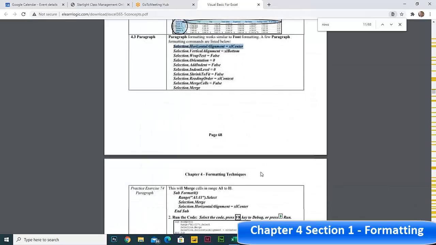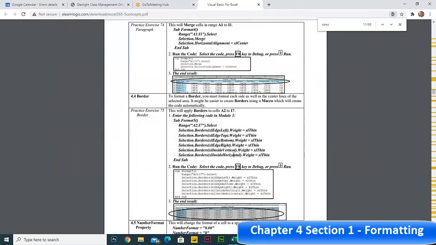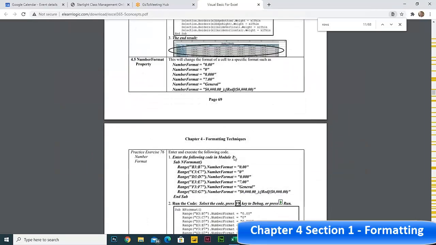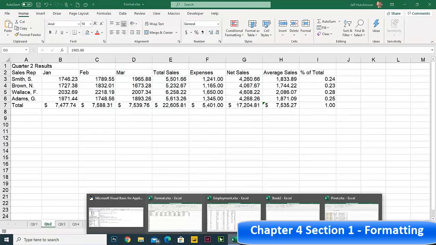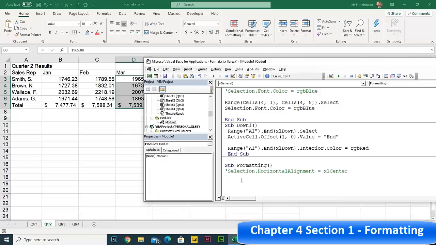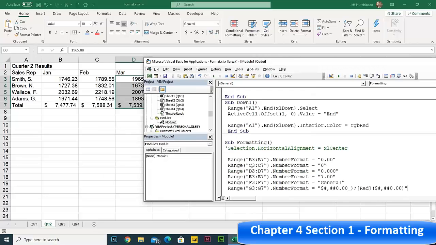Now we're also going to come down and look at the formatting tool, these, not the borders, but down in here. See how you've got these ranges, and it's like these ranges. And you're going to format maybe these different styles so we can see what the different styles are. So we copy that out and format, and then we're going to go open the basic editor, pop that in there. Okay, so looks like this works really well. This one up here, we have to put our range,